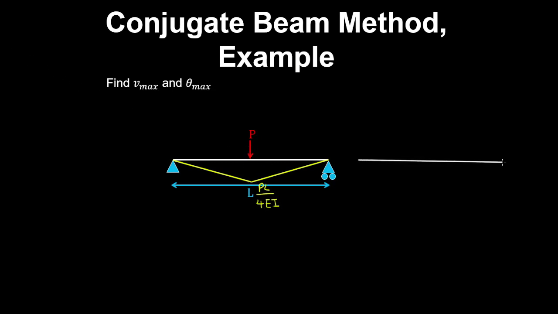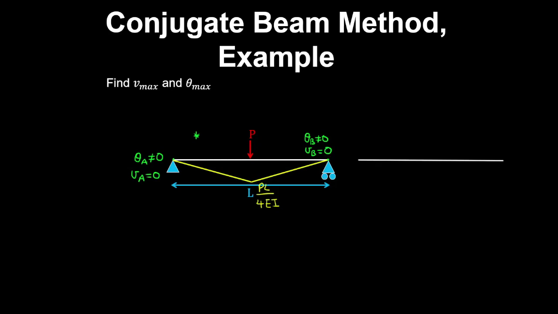Now to construct our conjugate beam, we need to match the boundary conditions of the real beam. So at a pin, the rotation is not restrained, so it can be non-zero, but the deflection is 0 at a pin support. And at the other end, we have a non-zero rotation and a 0 deflection